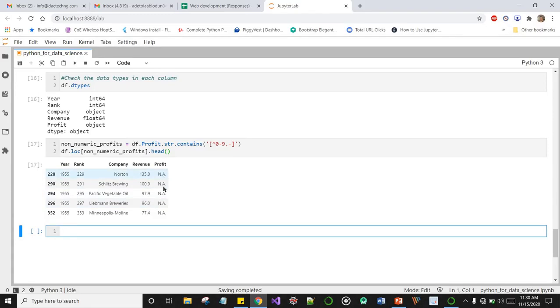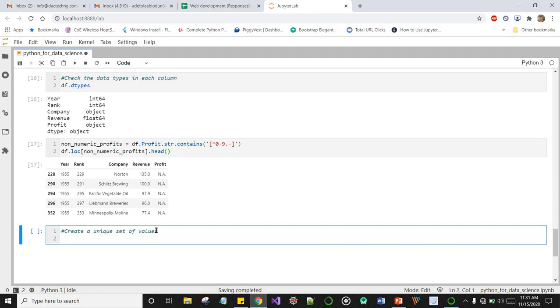Because we can only see the first 5 rows of our data here, it's possible we have some other strings in this particular data set that are not N.A. So we can just create a unique set of values.